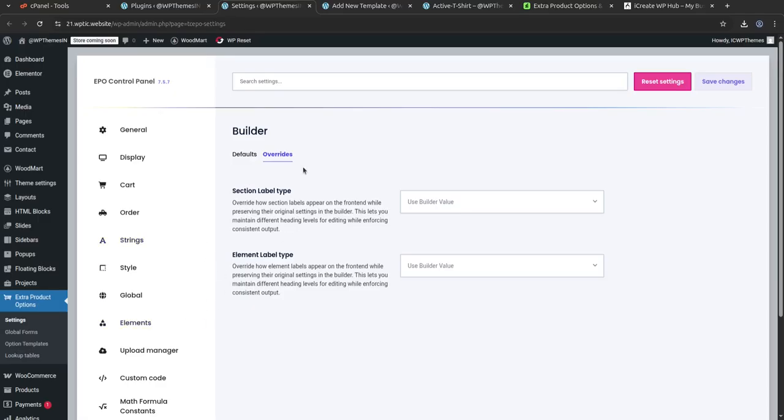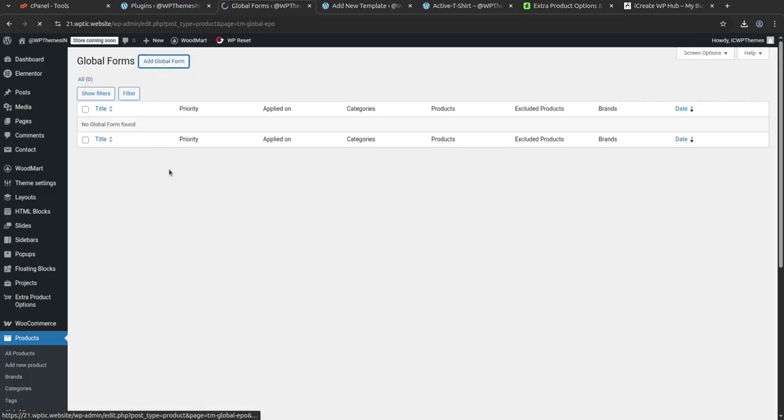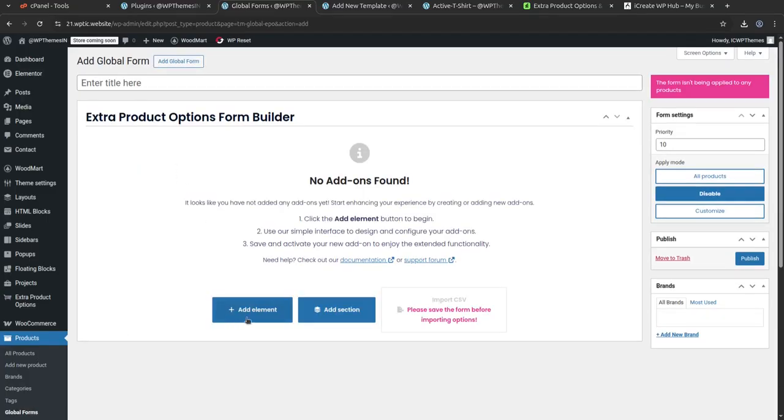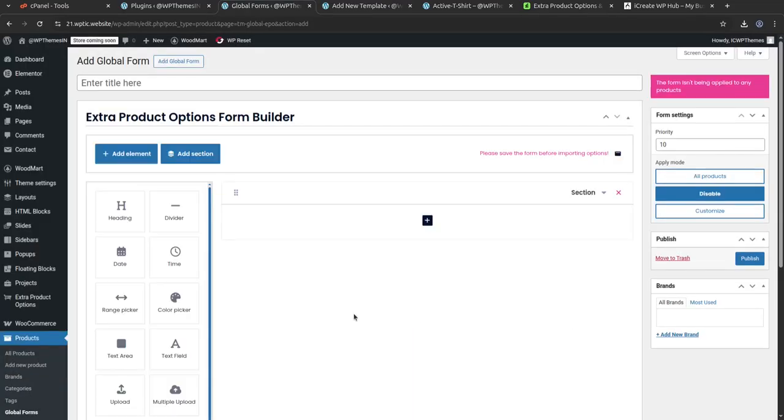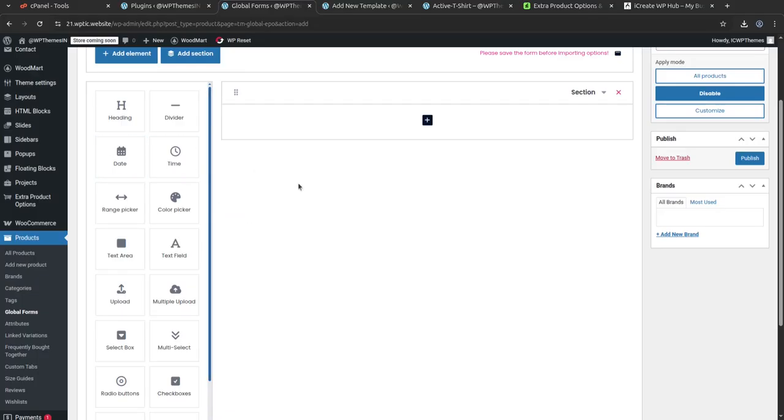And further, we have additional options like you can use the template global forms. So this is the global forms. So you can add a global form. It will show a form throughout your WooCommerce store. So you can add element or you can add selection. So this is again, you can create a global form here. So this is like a form maker, and you can use all the information, heading, time,